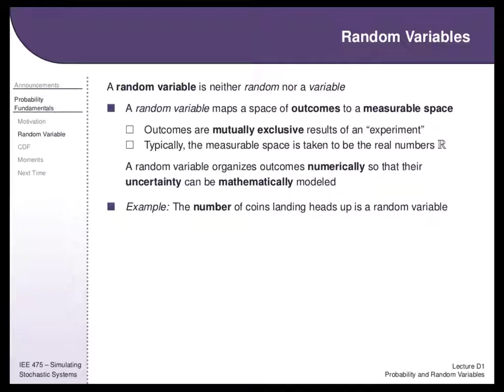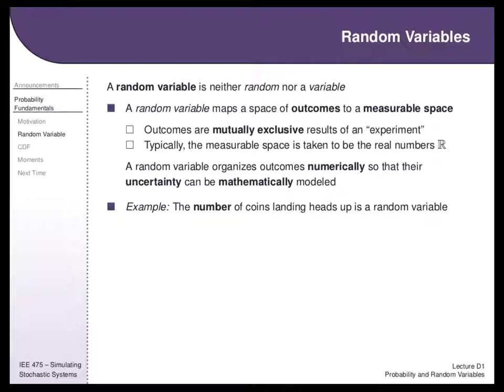Random variable. So random variable is neither random nor a variable. It's an unfortunate term. A random variable is a function that maps a set of outcomes in the real world to the real number line, something that we can then do math on. So we have outcomes, which are mutually exclusive results of an experiment, and each outcome needs to then get mapped